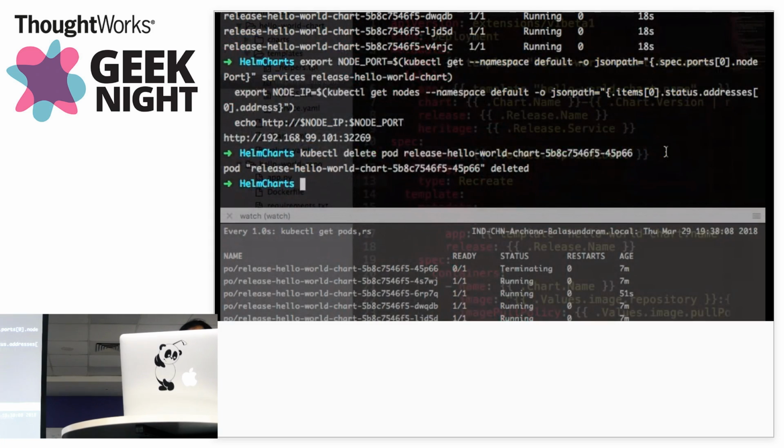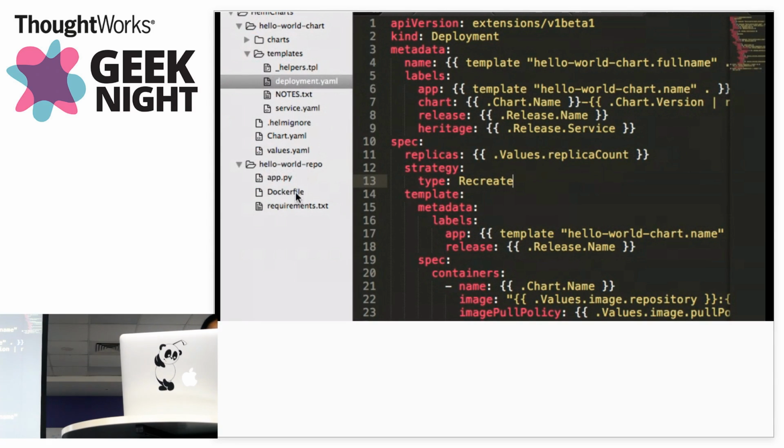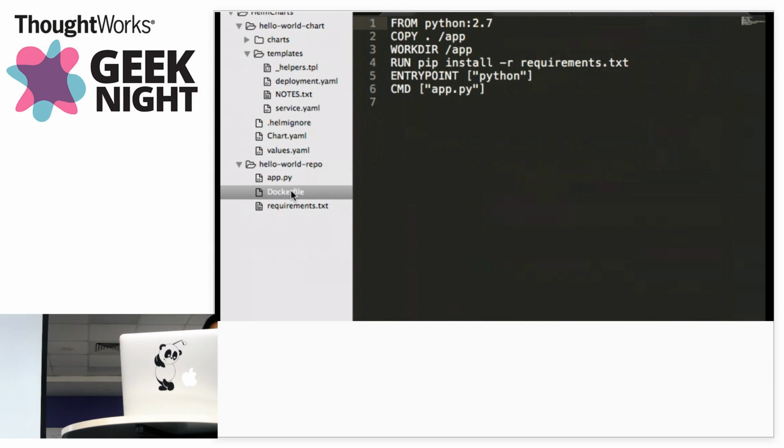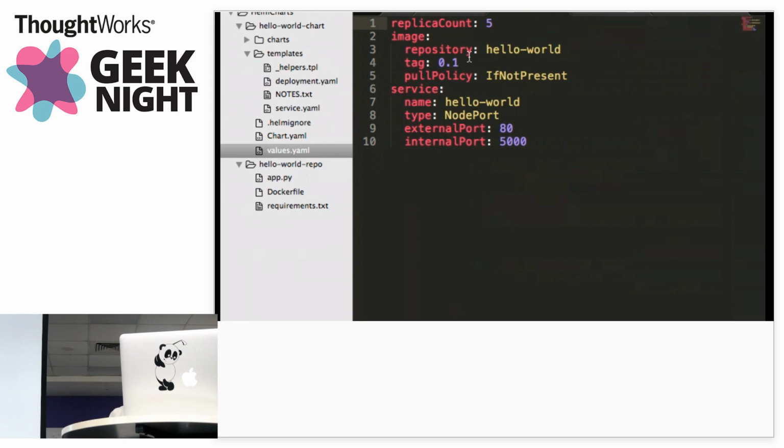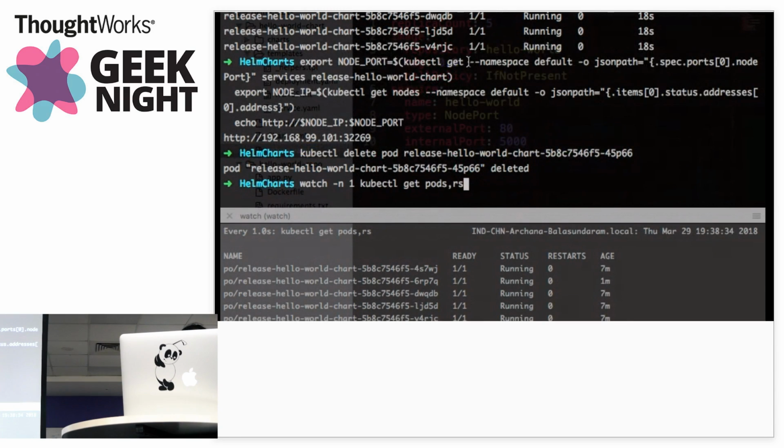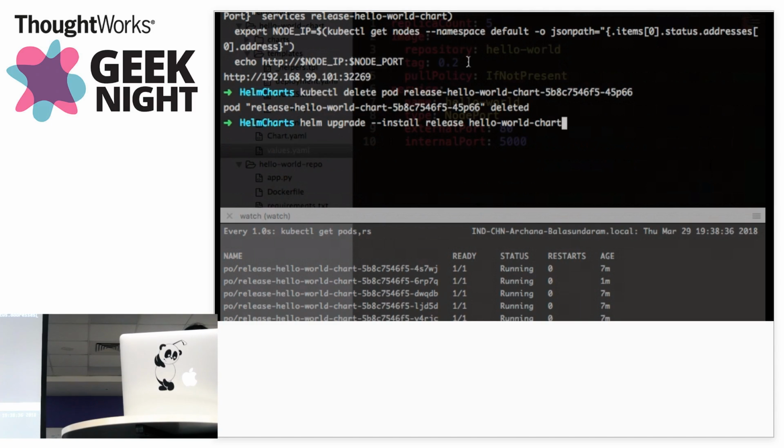Okay. I'm going to change my, sorry. I have already created version 2 and version 3 of the same application. Just that it's going to say hello from version 2 and hello from version 3. But I've already built the image. I'm just going to deploy version 2, the image of 0.2 tag, with the newer deployment strategy. So when I say helm upgrade install,